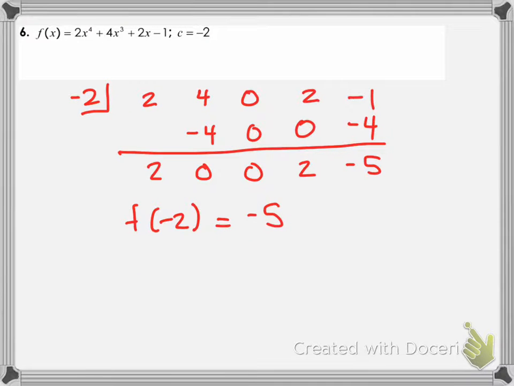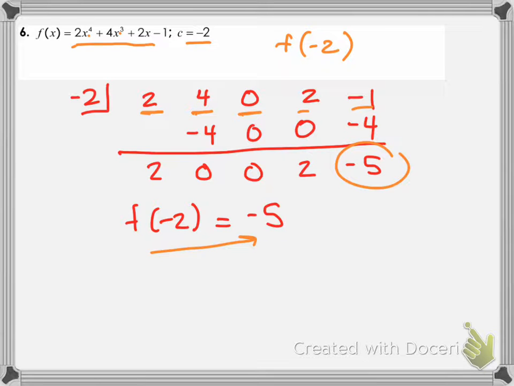Okay, the next one, if you will just try this one on your own and then check back here on the video. So stop the video and come back, f of -2, and this time we have a missing square term. We have a 4, a 3, but we're missing a square. So when we do our little synthetic thing, we have to do 2, 4, 0, 2, -1. And you should get f of -2 equals -5. Next,